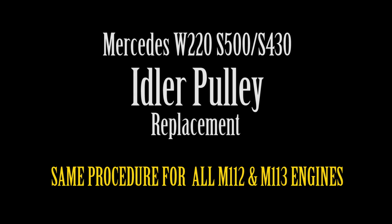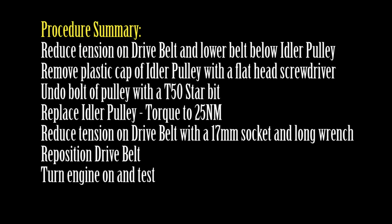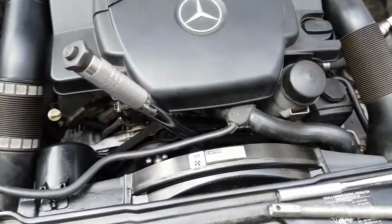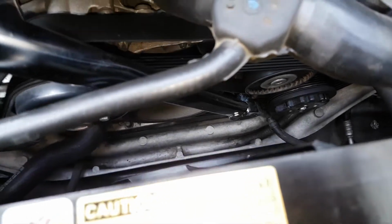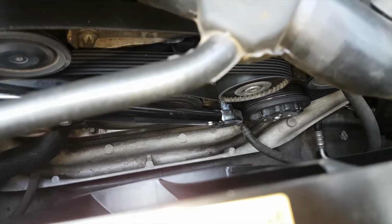In this video I'll show you how to replace the idler pulley on an M112 and M113 Mercedes-Benz engine. All you need are a 17mm socket, a T50 starbit, a breaker bar or long wrench, a flathead screwdriver, and some thread locker, blue Loctite,